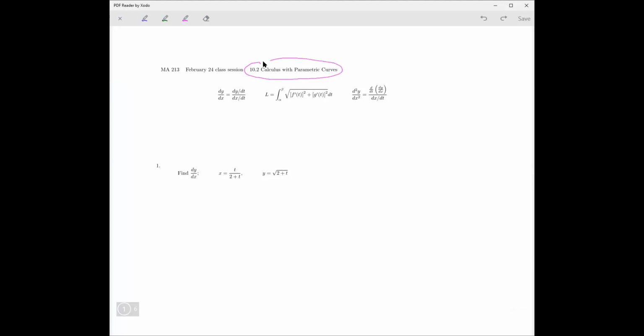with parametric curves. So we have a couple of situations here. We have a couple of formulas. Let's take a look at this formula here. And you'll recall that by the chain rule,